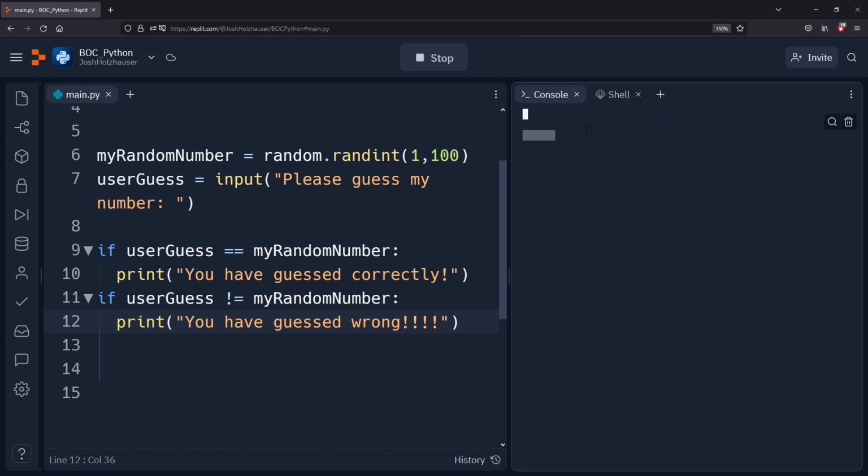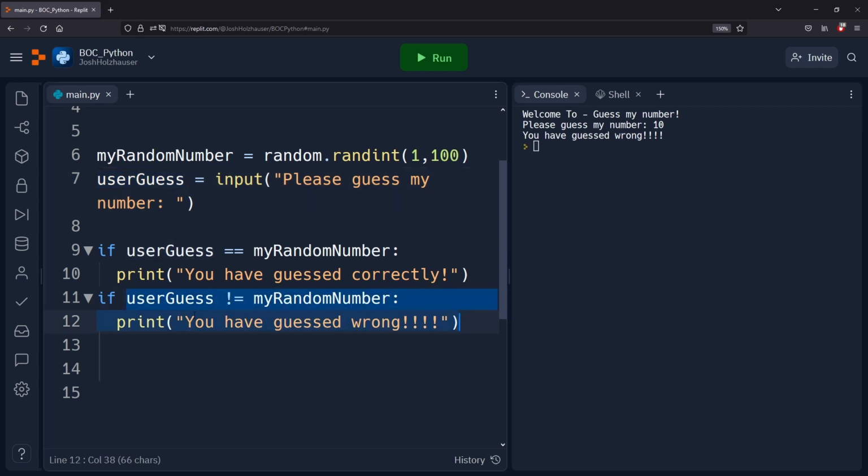So we're going to try it again. We're generating a random number. Now we're waiting on the user's guess. Let's guess 10 again. And we have successfully entered this condition. The user's guess was not equal to my random number, and because of that, we now print you have guessed